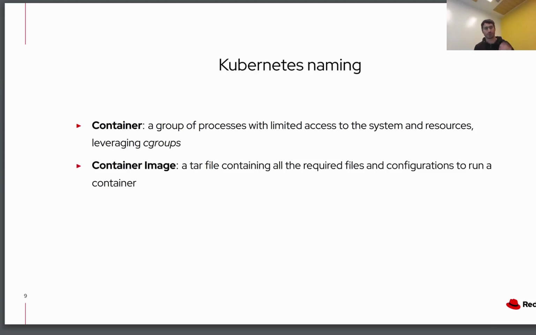There is the concept of a container image, because the way a container starts, it starts from a container image. And a container image is basically a tar set of your application and all the required dependencies, which means that as long as that container is standard, that container can run on every single version of Linux and potentially also different distributions and so on, because all the dependencies are there.